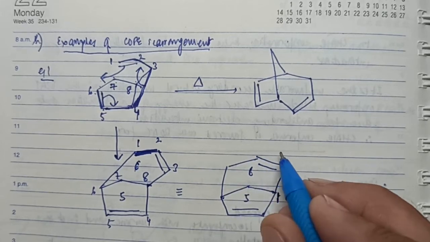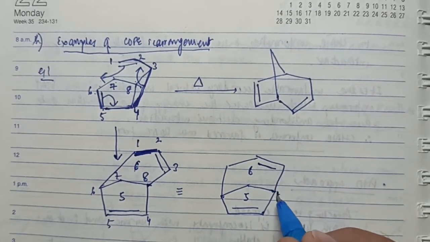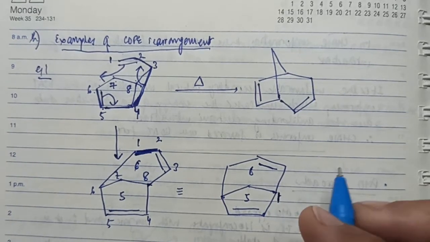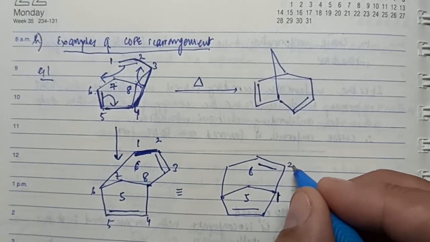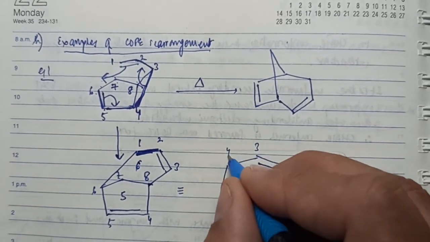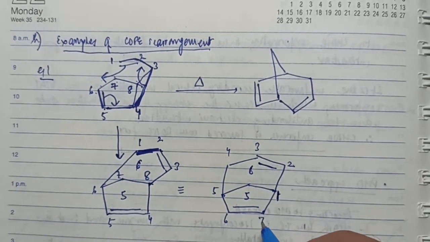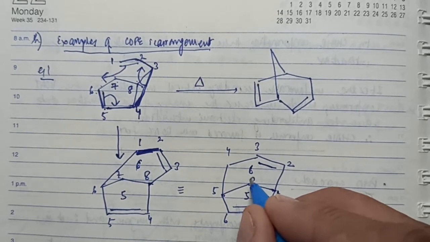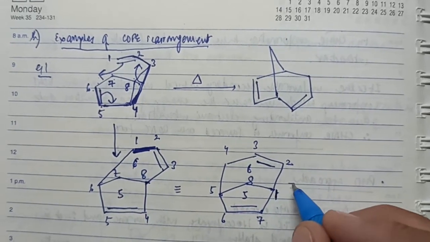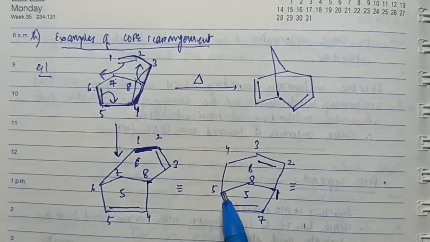And if it moves to the larger ring, this double bond starting from this bridgehead gets a lower number. Therefore, I have to start numbering from here. So this is 1, 2, 3, 4, 5. Then the numbering takes to the next larger ring, 7, and last to this carbon atom here. So that means I have bridgeheads at 1 and 5 positions.